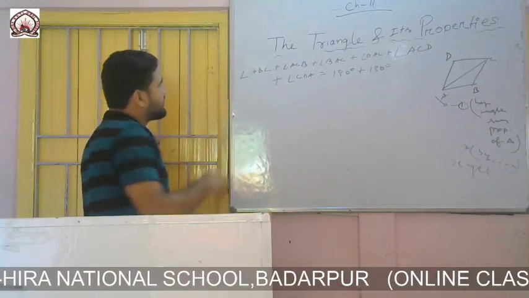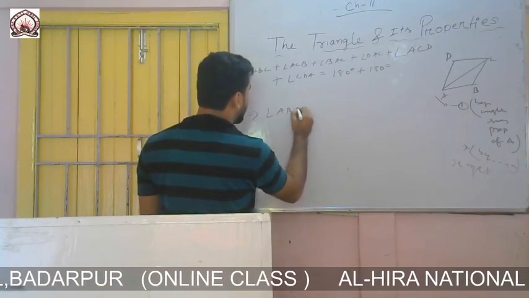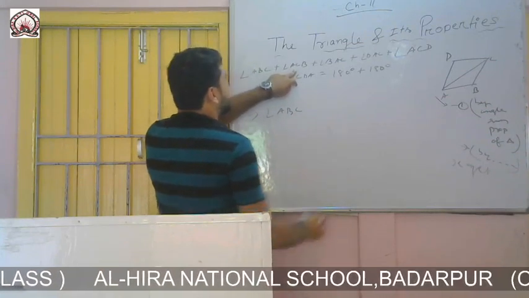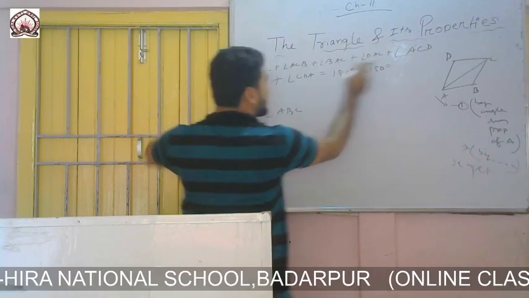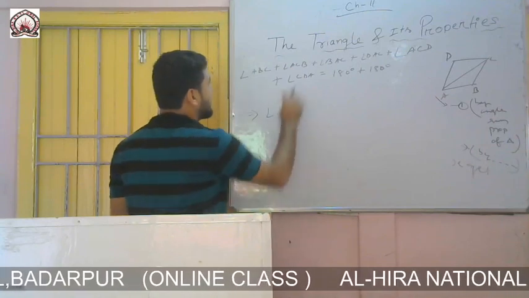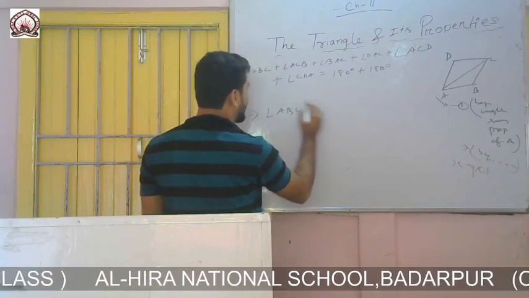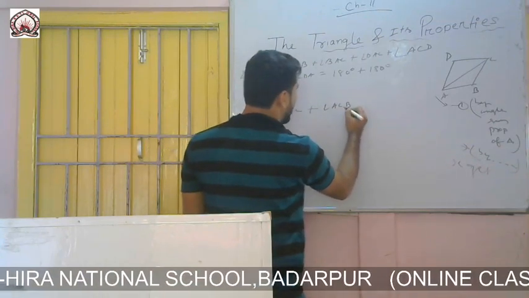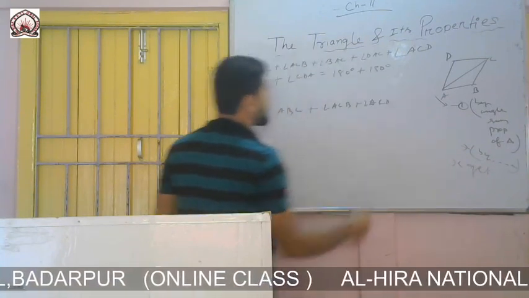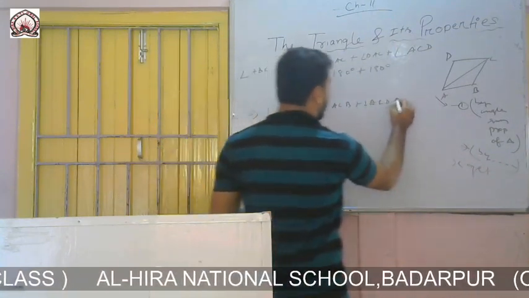You see, ABC we kept as A, B, C, and we will take ACB and ACD near to ACB, because these are two same angles. So we will arrange them nearer. So I can write ACB plus ACD, ACB plus ACD. Again angle A and this angle, these are already written